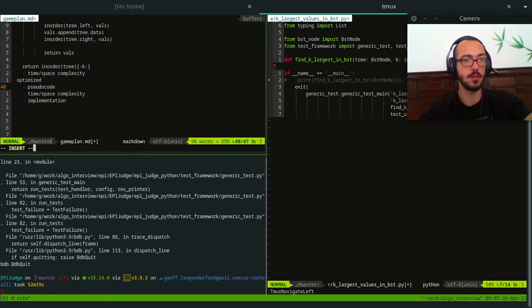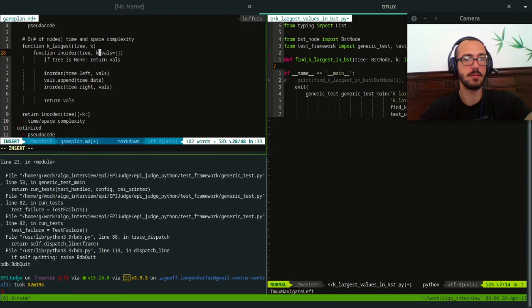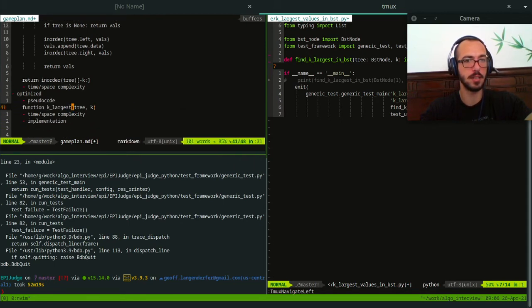So let's think about some pseudocode. So we'll say function k largest. We're going to give it a tree, give it k. Oh, and we forgot, we need to have k. How do we know? Well, I guess we don't need k here. Okay, so for that one we don't need k. So for this one, k largest, let's see. We're doing our modified Inorder traversal. So we're going to say k largest